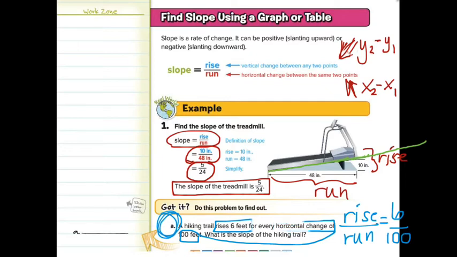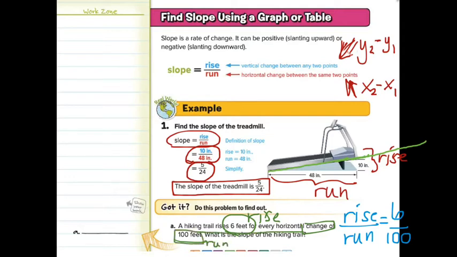Okay, if you want to add more notes, you could also, now again, you know yourself, you know how much you need. Definitely what's in blue. But if you want, you could circle this and label that rise if you wanted to. You could, I wish they'd put this together, but you could take this and call that the run. You could color code. If you like the rise in blue and the run in red,